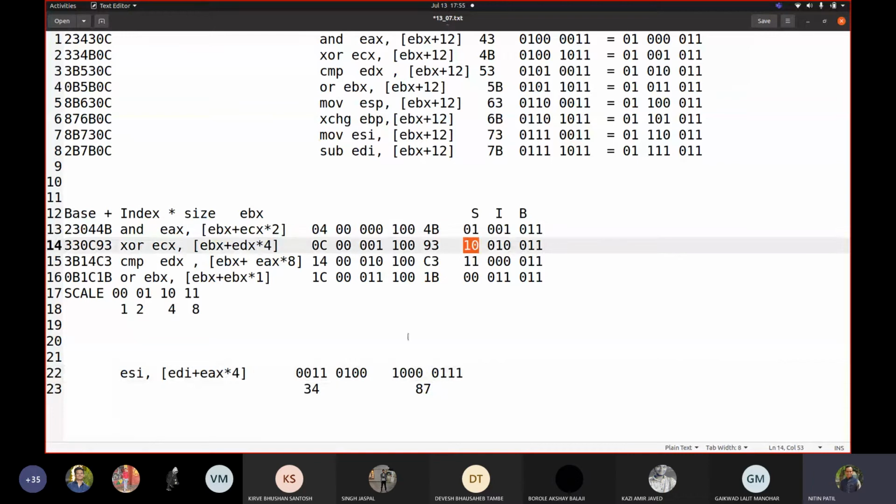So we took 10. Now we wanted the index register. The index register is EAX. That's why we took 000. And there was EDI, which was the base register. So the EDI representation is the last number, 111. So we shifted this now into groups of 4 bits, and we got this number. Correct. Now let us try and write this and see whether we are getting 3487 in our code.